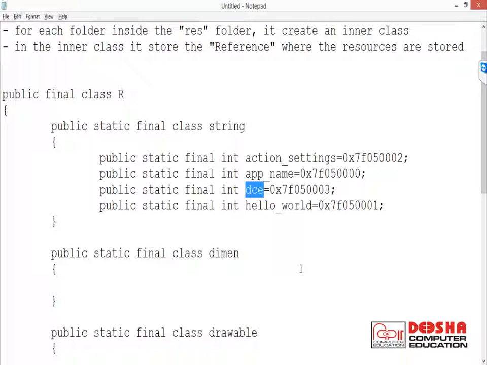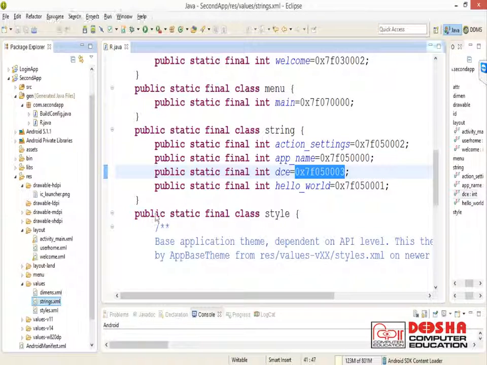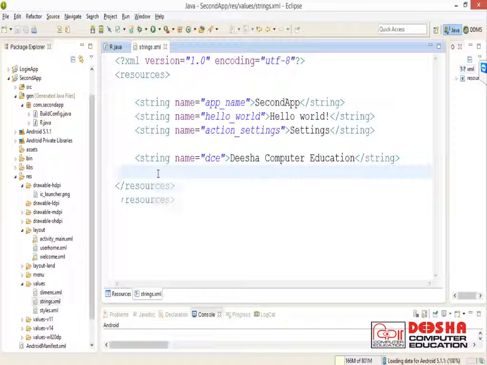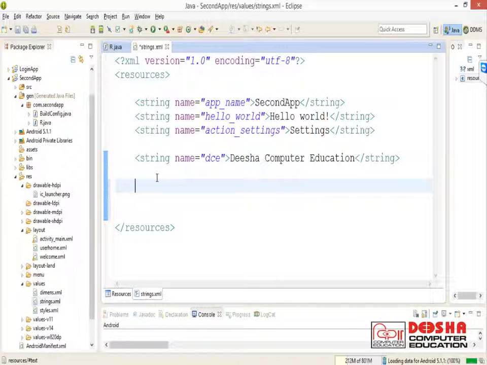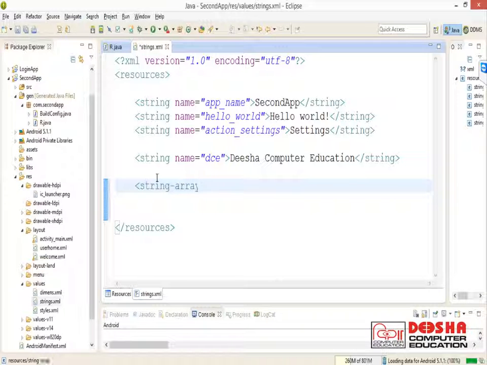Whatever we are creating in the string.xml file, it is creating one variable for it. Basically, in this string.xml file, we can create some array also, some string array also. Here I want to create some string array. How to create a string array? You can write like this: string array, name is equal to weekdays,